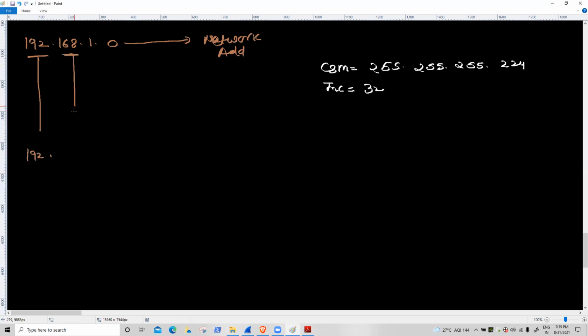Second octet as it is. Third octet as it is. But inside the fourth octet, we need to fulfill because right now it is 0. So how many bits increment? 32. Okay. Before 32, which one value coming? 31. 192.168.1.31. So dot 31 is mine.